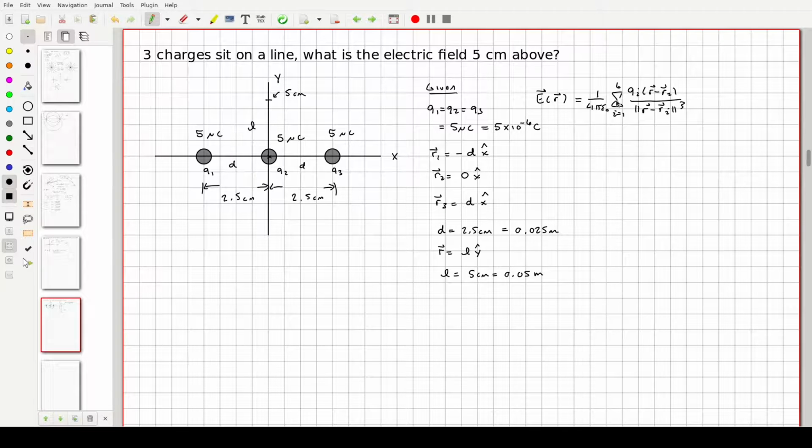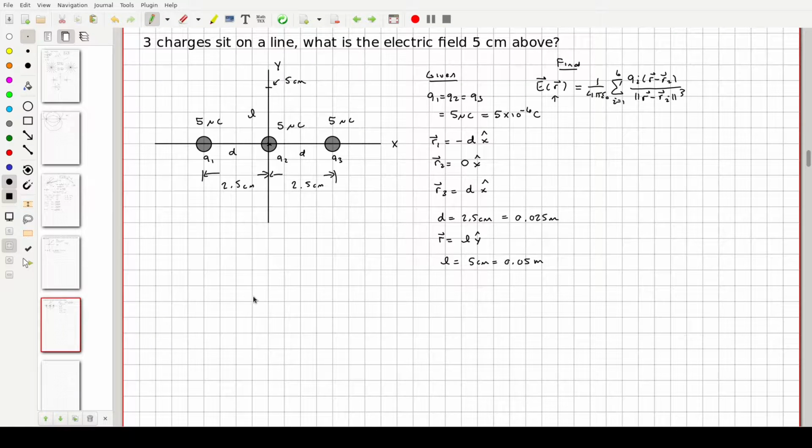Now if I take a look at this equation right here, and I look at all of this stuff right here, it appears as though I have everything that I need. So this is what I've been given. What I want to find is this guy right here. And let's get to work. Okay? So